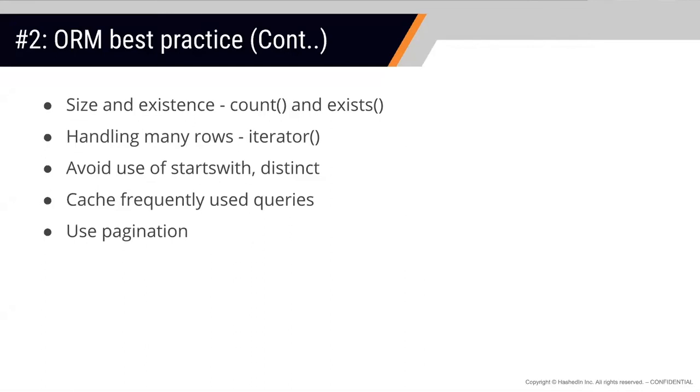It will not try to get that complete employee object set over the network to your app server or web server and then evaluate whether there was an employee with this ID or not. So wherever there is a scenario where you just want a Boolean for whether something exists, use the .exists function.